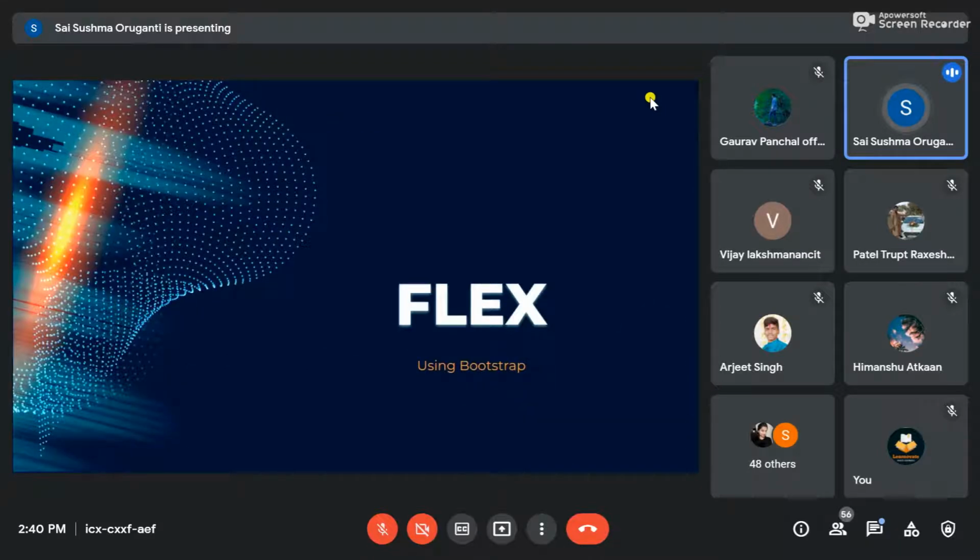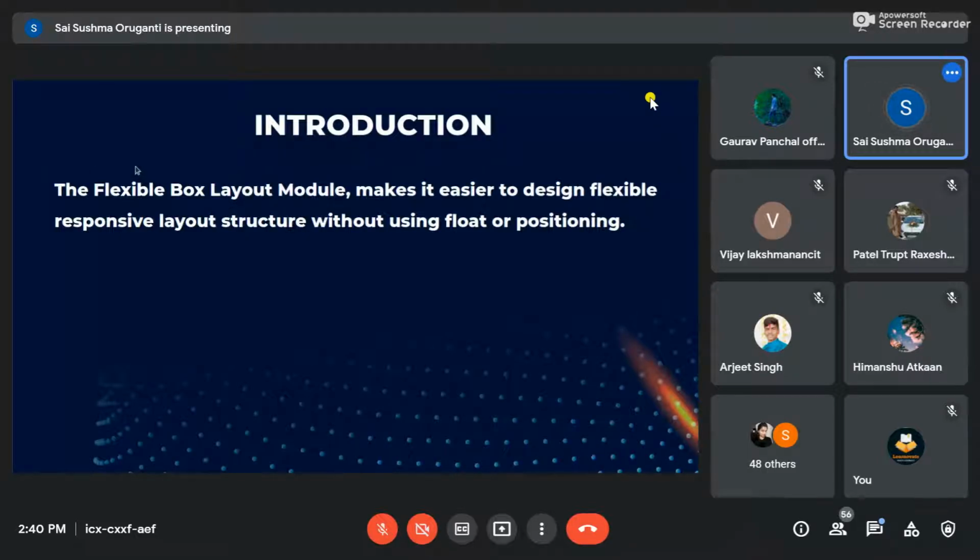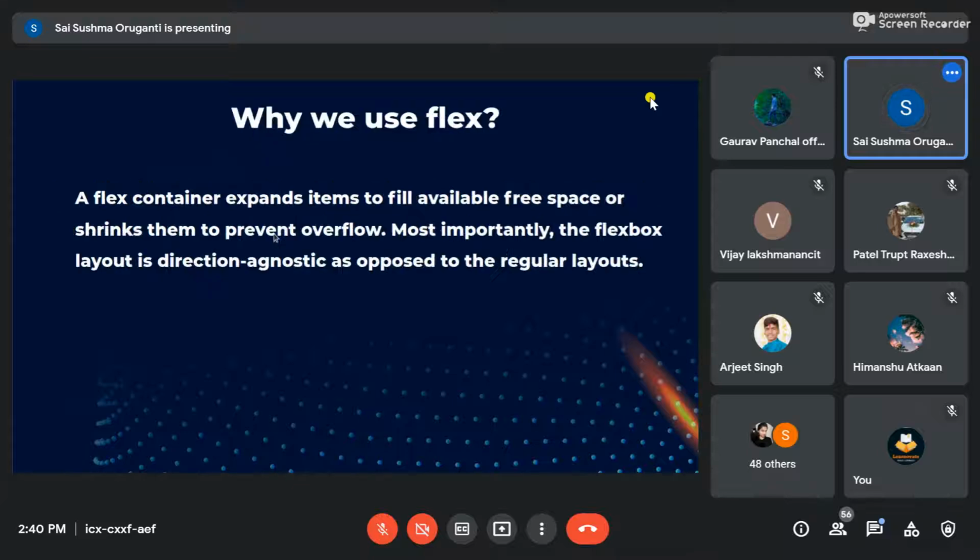Now coming to Flex. Flex is similar to Grid, but Flex does not have a 12-part partition. Flex just has default Bootstrap classes. The Flexbox layout module makes it easier to design flexible responsive layout structures. As I said earlier, we can build responsive websites using Flex, similar to Grid.